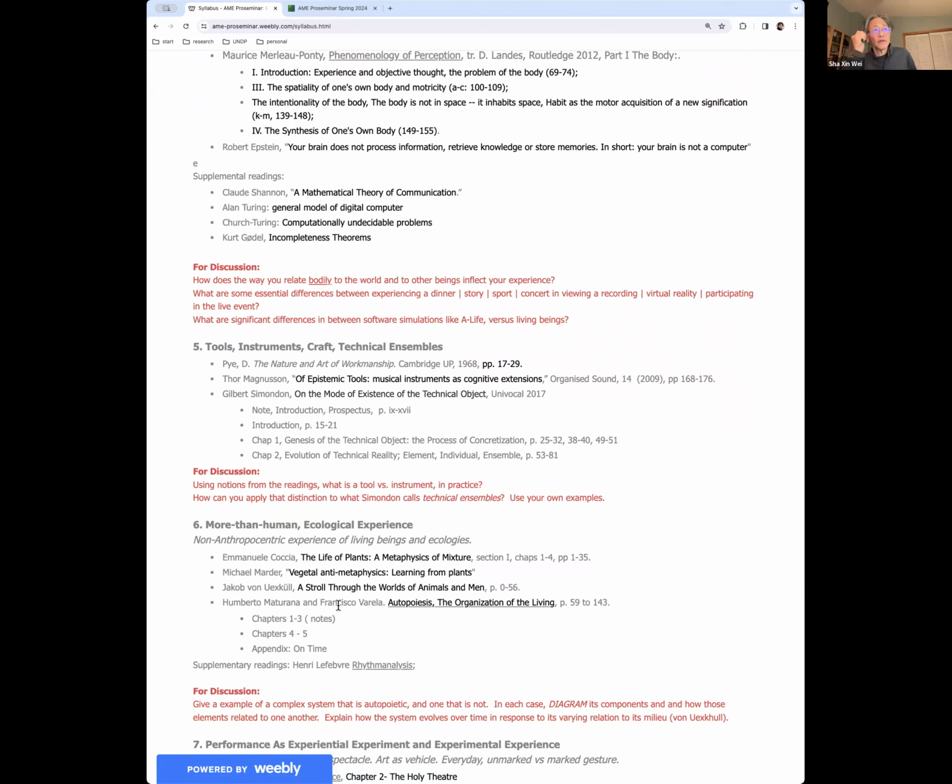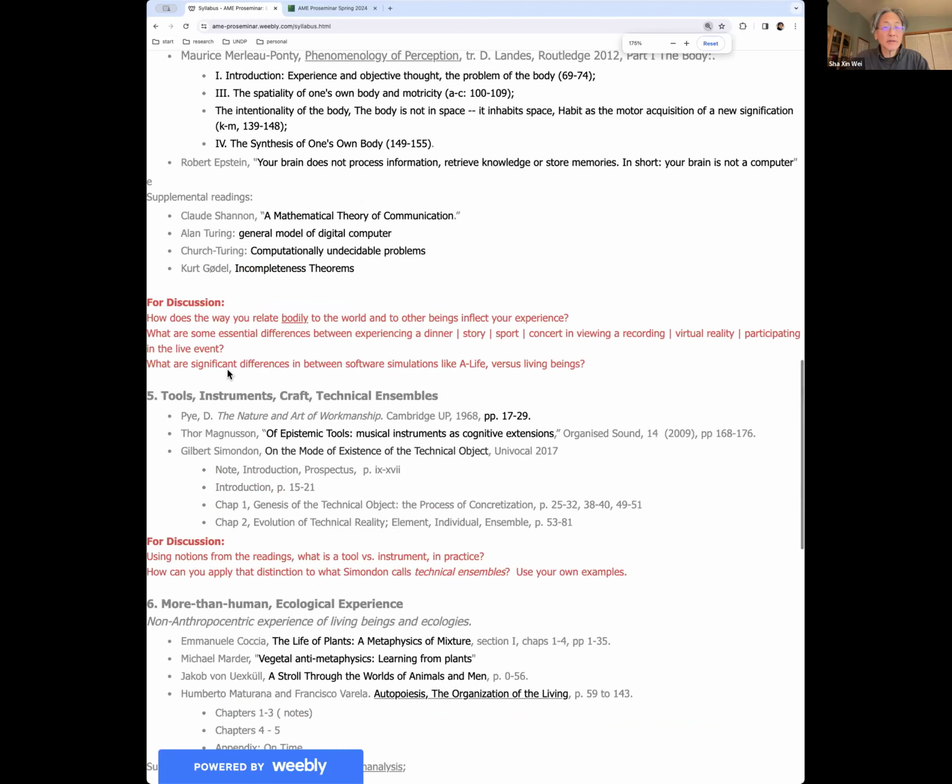The first 2 of number 5 would be the nature of tools and tool use, and craftsmanship by David Pye, the first bullet there. And here, let me make it bigger. Especially this one here on Magnusson. Even though it's looking at musical instruments like electronic instruments and software-based instruments, it's actually more general than that. It's all sorts of tools.